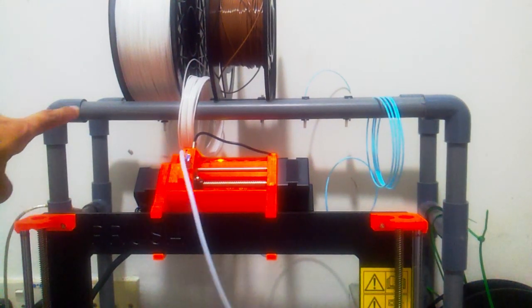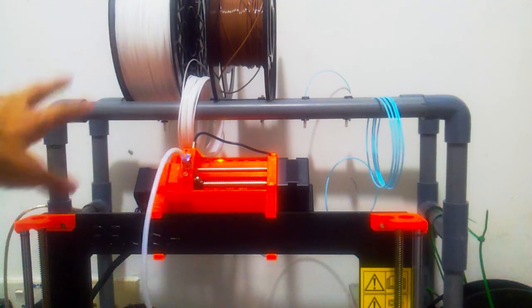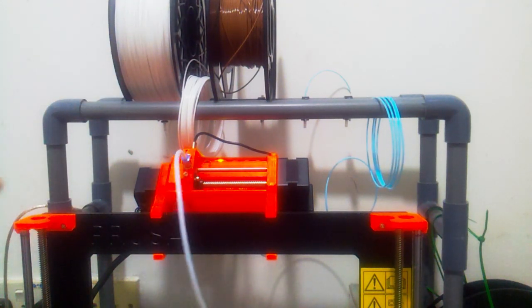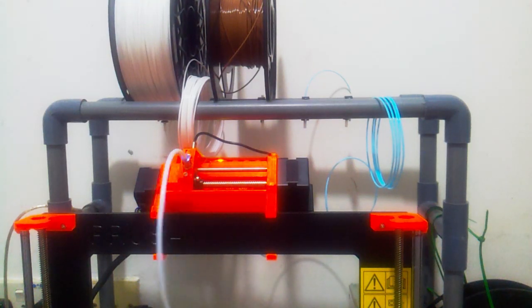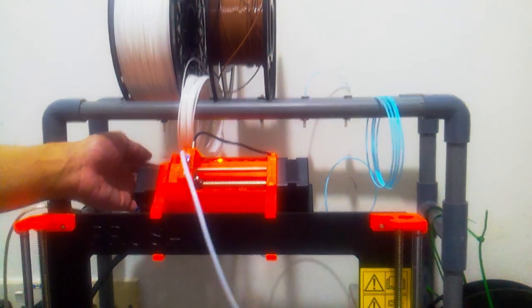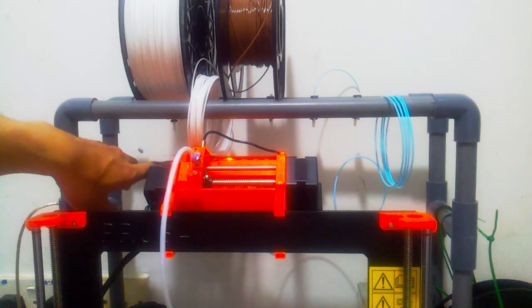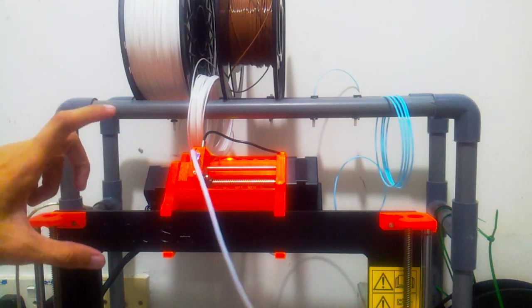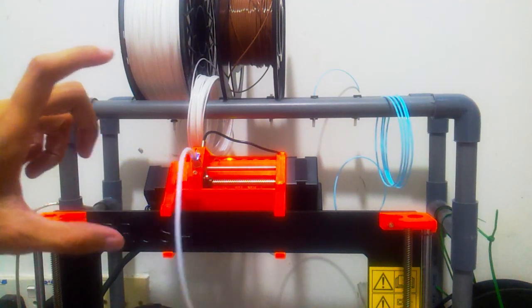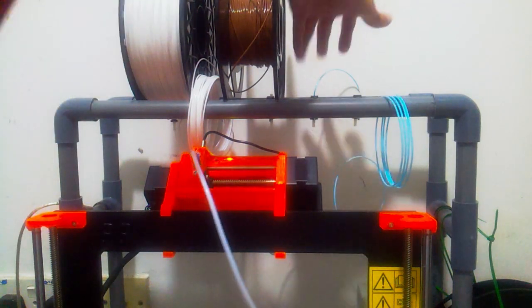This is PVC pipe, the gray PVC pipe used for water. They are very thick compared to the electrical type PVC pipe. And at the back over here, I don't think you guys can see that, but the Teflon tube for the MMU2 unit over here is very short, about 5 to 10 cm only. And then this one over here